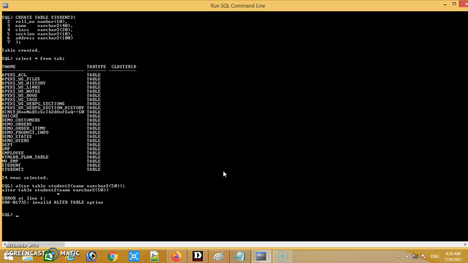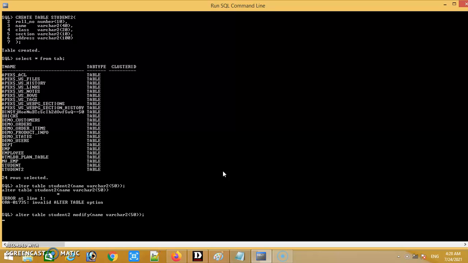Okay, I have missed one keyword, so I have to write again alter table student2. I have to use modify, because I am modifying the table structure. Modify, then name and varchar2 50.